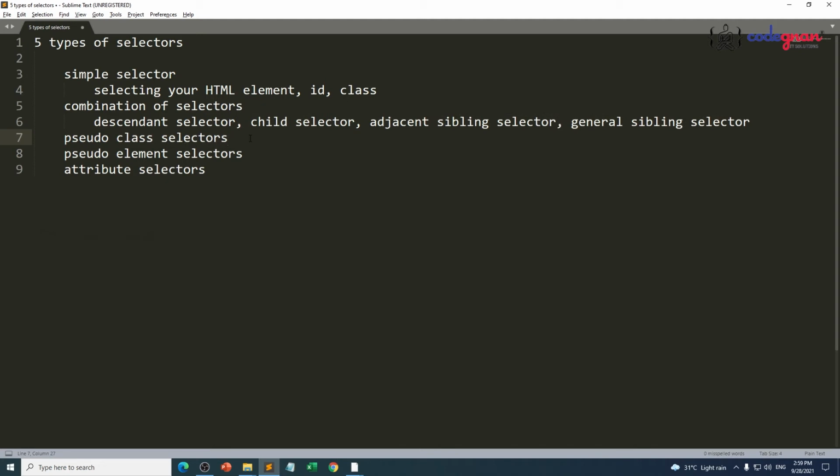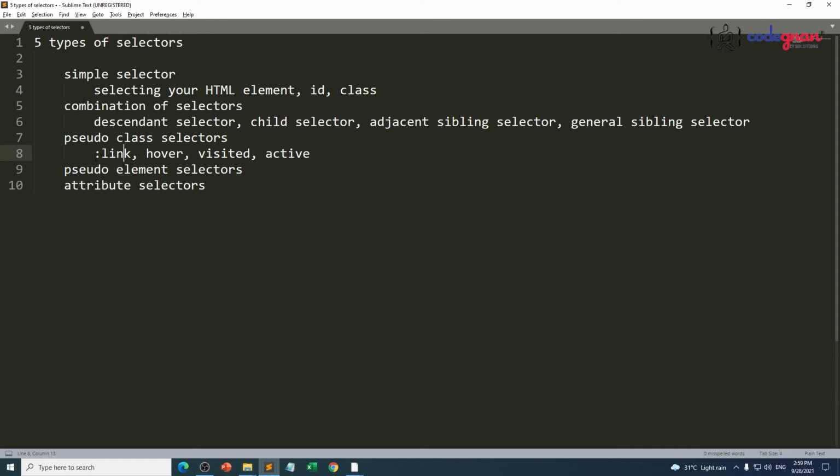Pseudo class. In pseudo class, we are going to use once again 4 parts. That is what we call link, hover, visited, and active. These 4 types of functionalities we are going to use mostly for anchor tags.